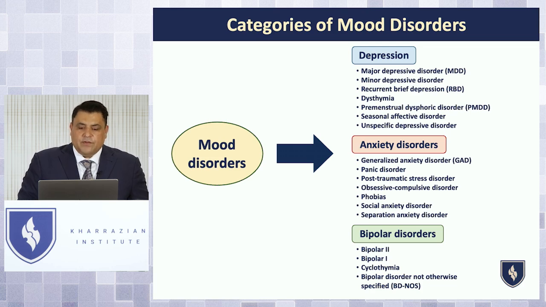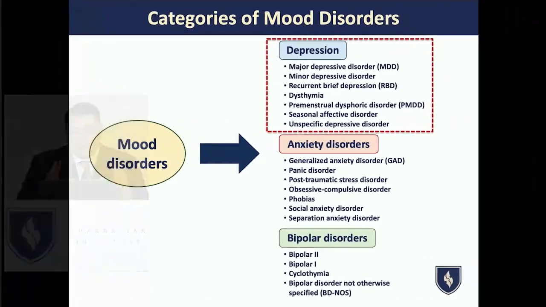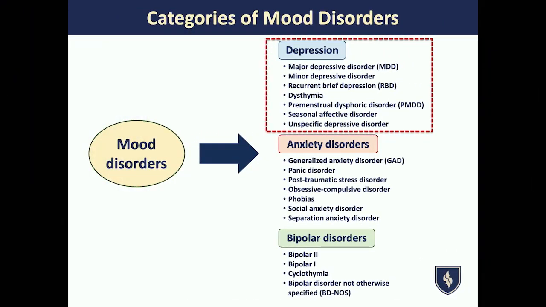Okay, now when you look at the categories of mood disorders, let's get into this one first, depression. Now, the really important concept that I want to explain to you: mood disorders are caused by dysfunction in the limbic system, okay? And where that dysfunction is in the limbic system is going to cause various types of mood disorders, whether it's major depressive disorder or OCD or generalized anxiety disorder. You don't need to memorize or try to develop protocols for every single different mood disorder. It would be very inefficient. So you just want to understand what the mechanism is and then go from there.